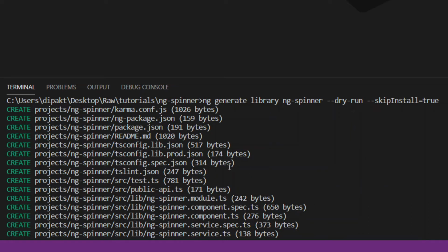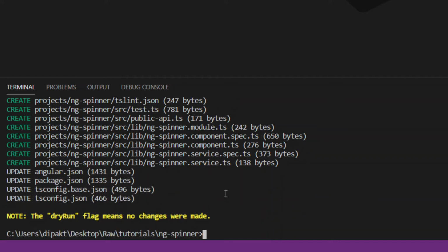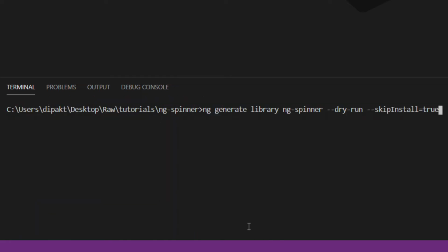So we will have the new project named ngSpinner, which is a library project inside our folder, and it will also update some of the files. Once we are happy with the name and the folder structure, we can execute the same command, but this time without the dry run.